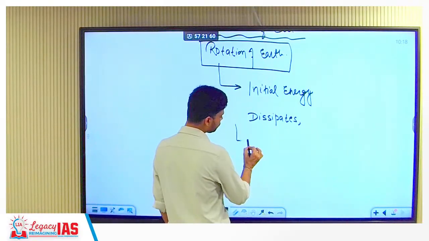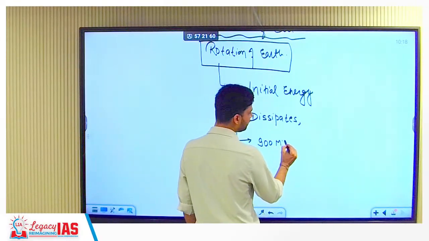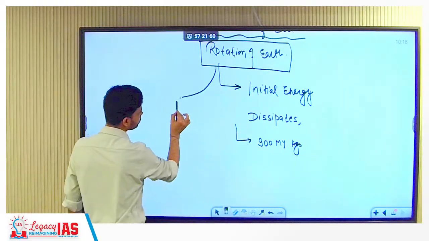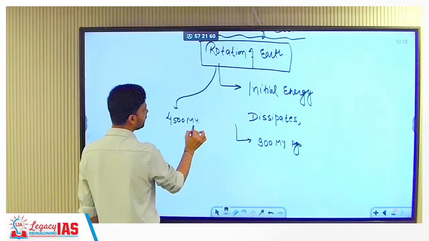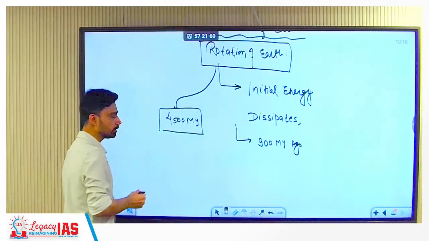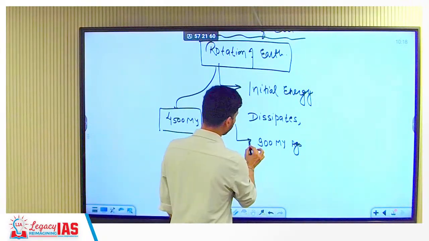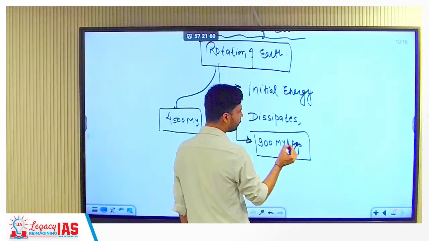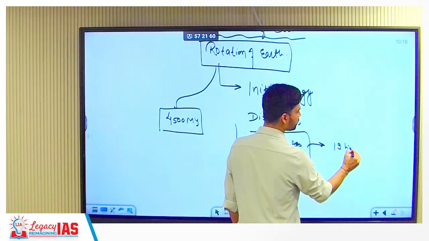So scientists, based on their study, have proved that if you go back somewhere about 900 million years ago, what is the age of Earth, since we are talking about it? About 4,500 million years. So Earth came into existence 4,500 million years ago. Since then it is rotating, and as it is rotating continuously, it is losing energy. So scientists believe if you go back 900 million years ago, rotational speed was faster, and